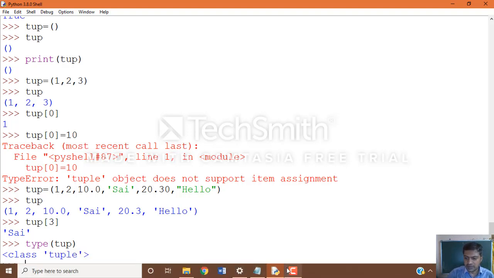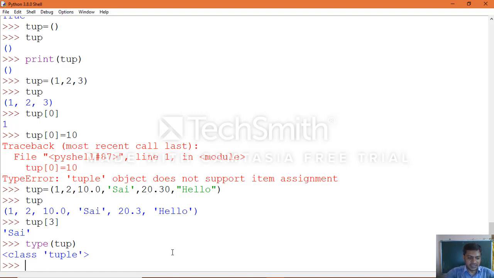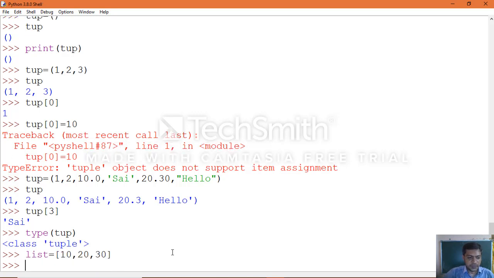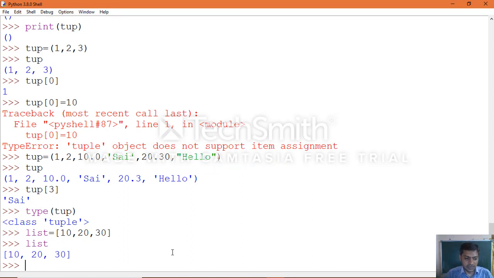Now we'll be proceeding with another type, that is list. Okay, list, how we can make use of it. List equal to, already we know that we must enclose with brackets, 10 comma 20 comma 30, just see, then print the list. Okay, list values. List also can hold different types of data, same like tuple, but the only difference is here: list is mutable and tuple is immutable.